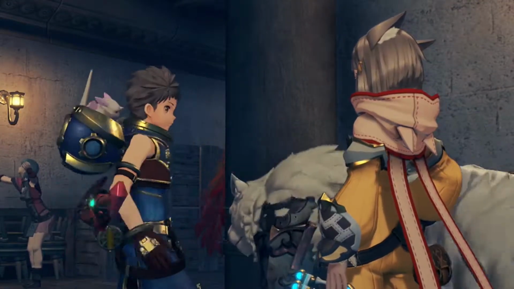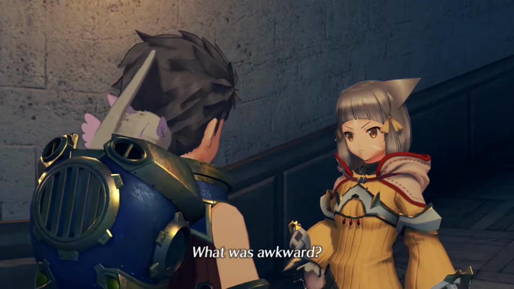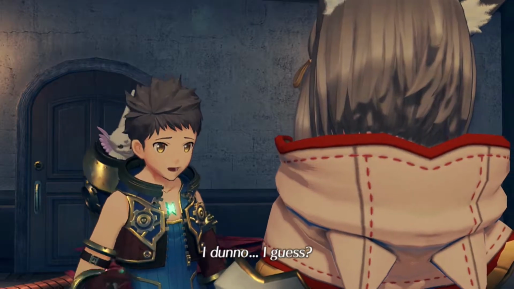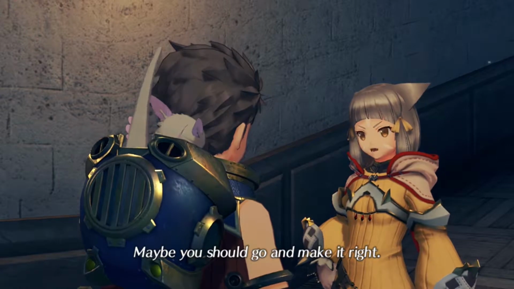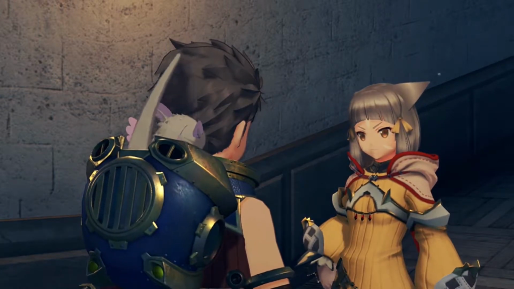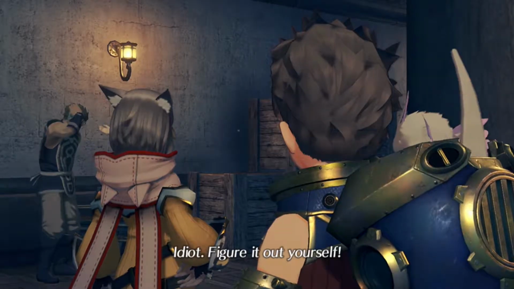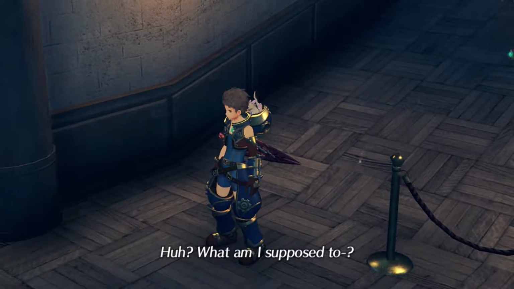Hey. Kind of awkward, right? What was awkward? I mean, that play. It was about Pyra. Must have been kind of bizarre for her, eh? I don't know. I guess. Maybe you should go and make it right. Make it right? How? Idiot. Figure it out yourself. Huh? What am I supposed to...